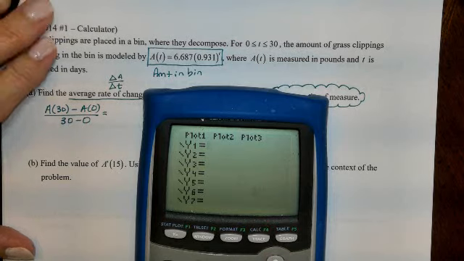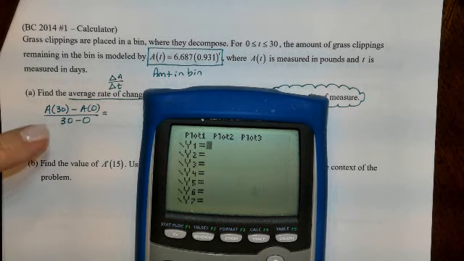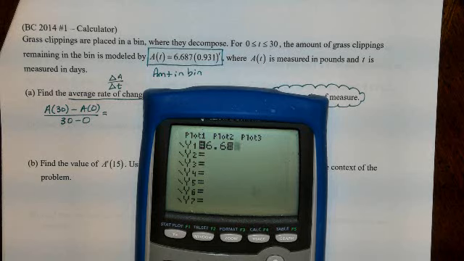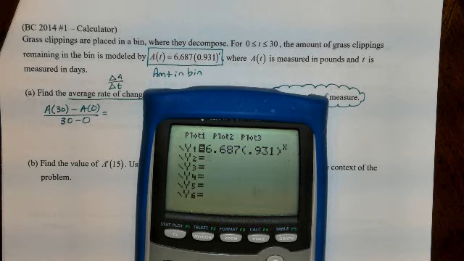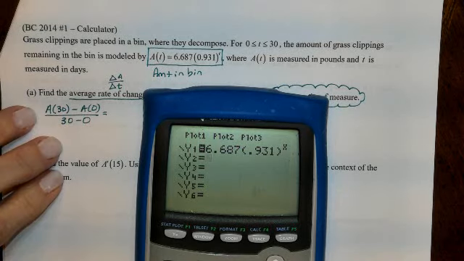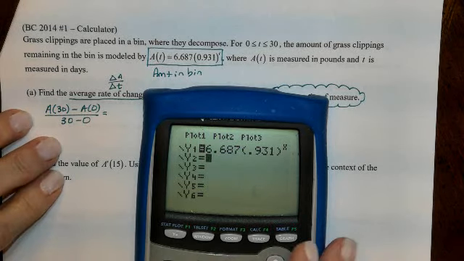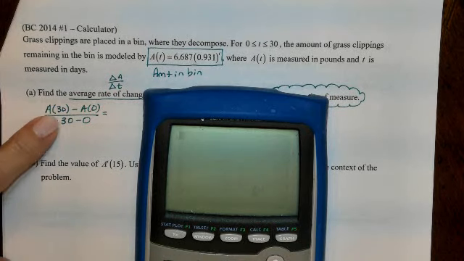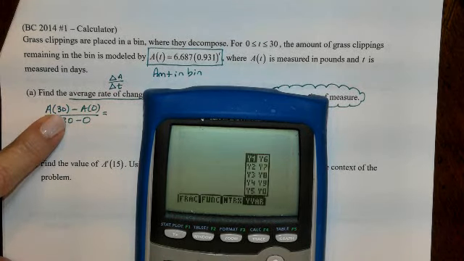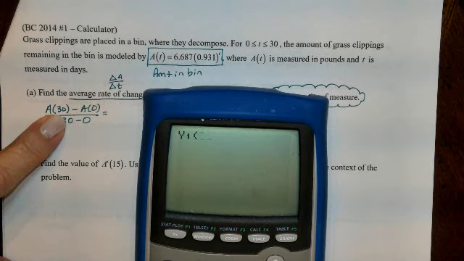And up here for y1, I'm going to put my A of t function, 6.687.931 to the t, which will be x for me. Every time I do a quick look to make sure I put it in right. All right, so now home screen, and we need A at 30, so I need y1 at 30